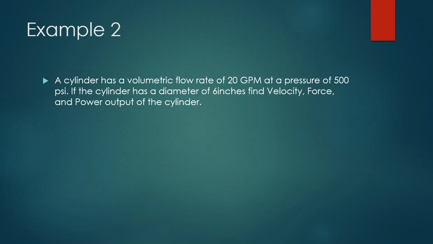Alright, a cylinder has a volumetric flow rate of 20 GPM and a pressure of 500 PSI. If the cylinder has a diameter of 6 inches, find velocity, force, and power. Same thing, just different units. So let's get our units into something a little better. Our diameter is 6 inches, so let's go ahead and find area. So it's 3 inches squared times pi. And that should give us an area of 0.1963